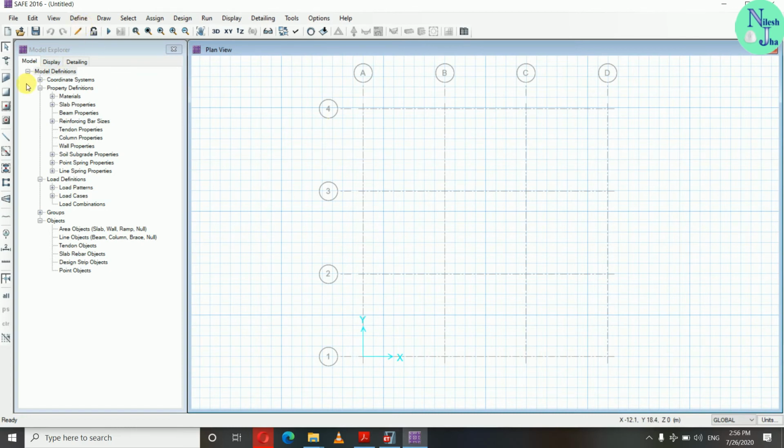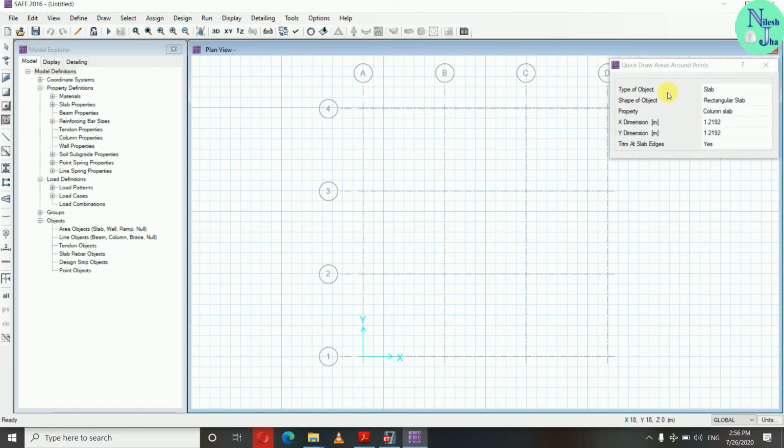So for modeling it, here you can see Quick Draw Areas around point. Okay, so let us click this, and here you can see a quick dialog box has appeared: shape of object rectangular slab, type of object is slab, and the property is we will first be drawing the footing slab. Okay, and the dimension that we calculated in the previous video is 3.2 meter by 3.2 meter.